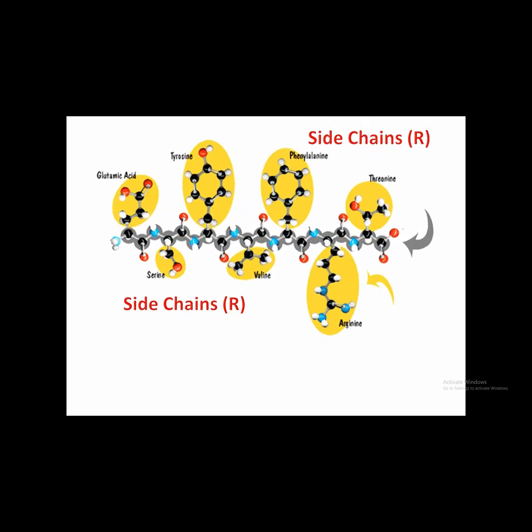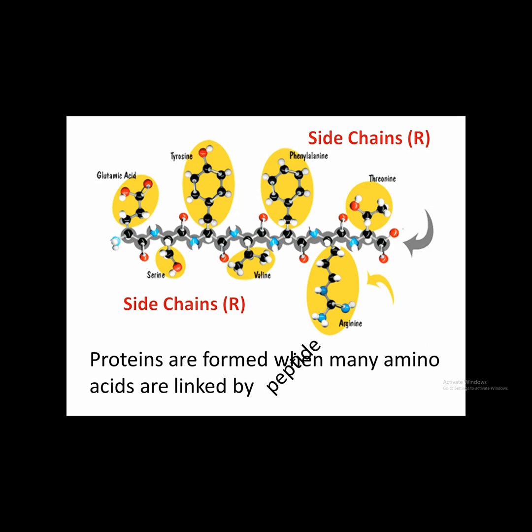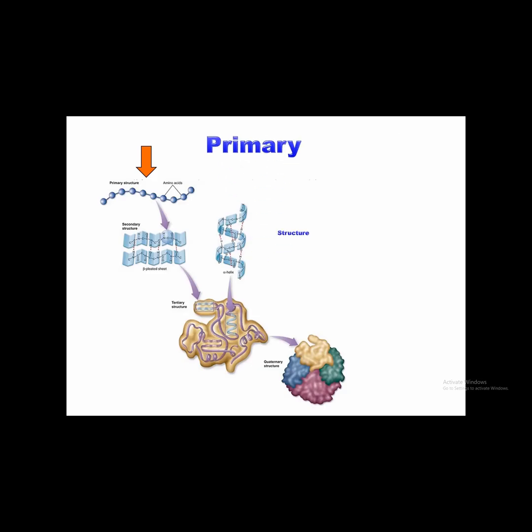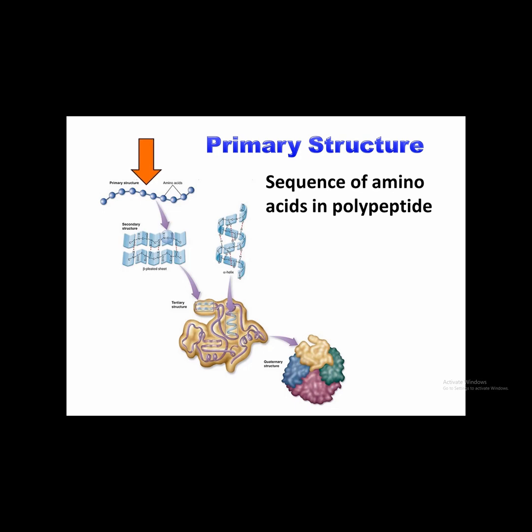So proteins are long chains of amino acids with varying side chains, or R groups, that give the protein unique properties. And interactions between side groups then give proteins specific three-dimensional shapes. So there are levels of structure to proteins, and each level is very important to the behavior or the function of that protein within a cell.